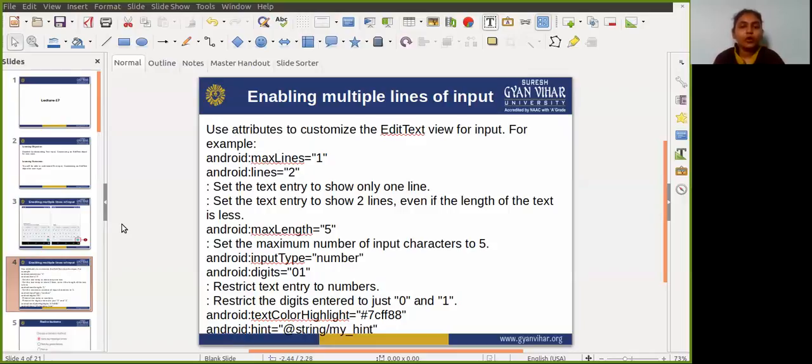The steps you follow to set up the EditText view and get user input from it are: create an EditText view element in the XML layout for the activity. Be sure to identify this element with an android:id, so that you can refer to it by ID.